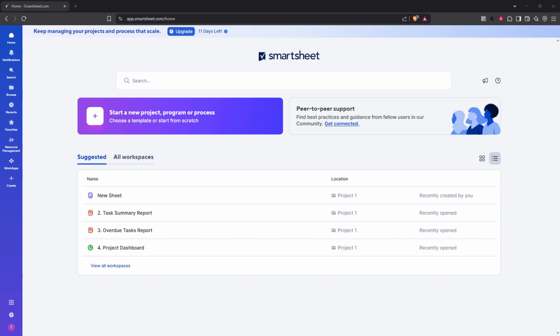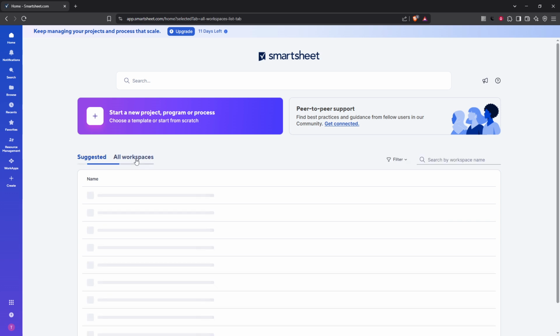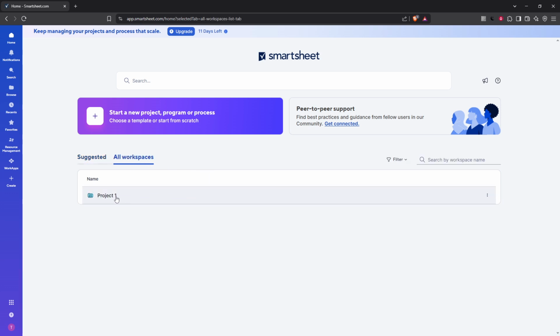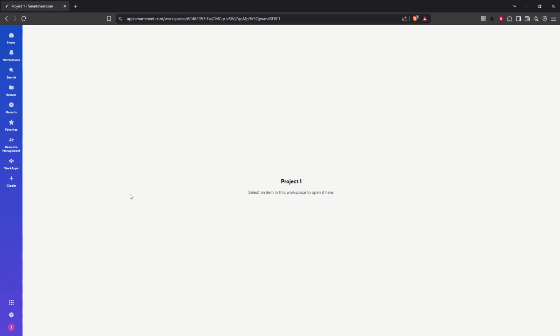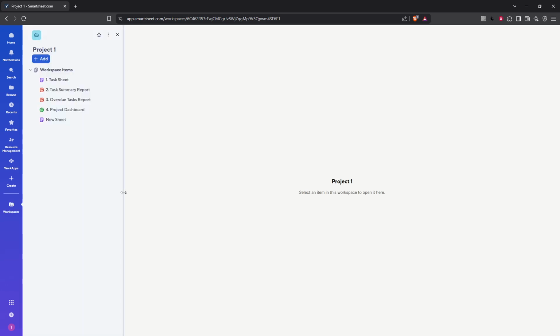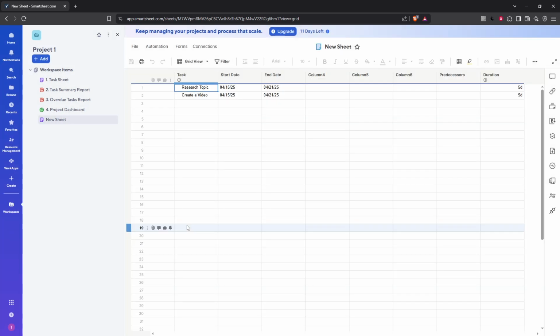First things first, let's get started by logging into your Smartsheet account and navigating to your workspace. This is your home base where all the magic happens, so make sure you're comfortable finding your way around here. Next, you'll want to locate the specific Gantt or project type sheet where you intend to add these holidays. This is crucial because the adjustments you'll make will directly impact the timeline of tasks and projects listed on this